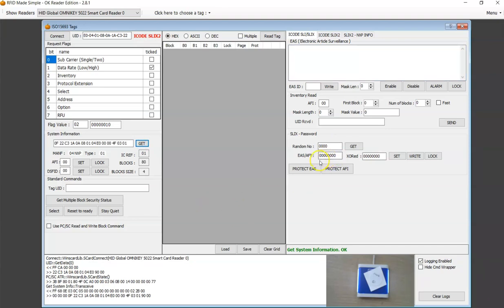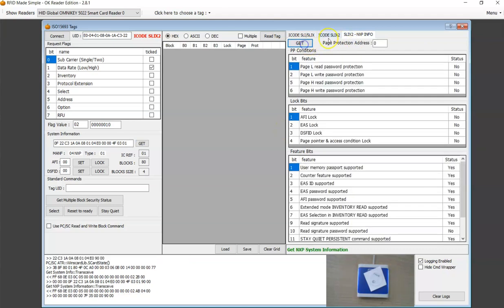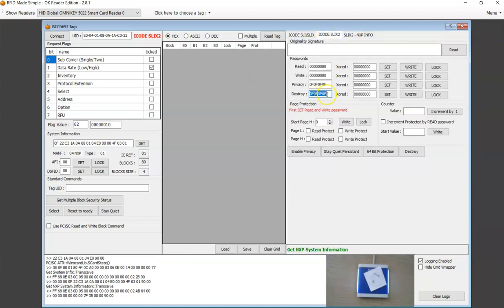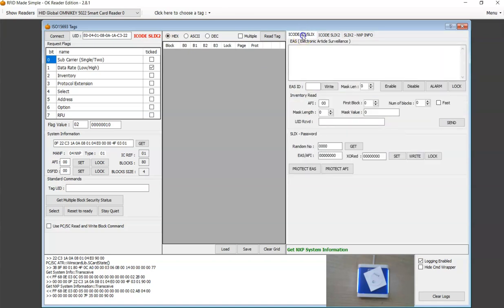Since this is the first time we are speaking about the destroy command, I will show you how you would change the destroy password. Now I know my password. If you look at the screen here, for a brand new tag, the destroy password is 0f0f0f. However, I have already changed the password to 5. Now I'm going to